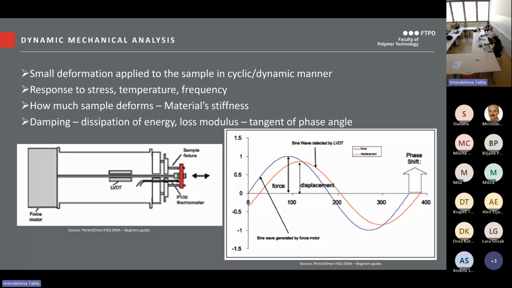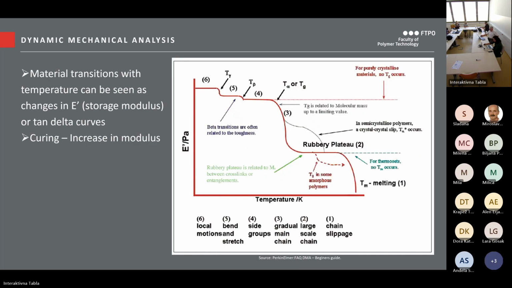So how much our samples deform is directly related to the material stiffness. And we also get information on the damping. Damping is actually dissipation of the energy. It's expressed by loss modulus or the tangent of the phase angle. Here we have the storage modulus curve